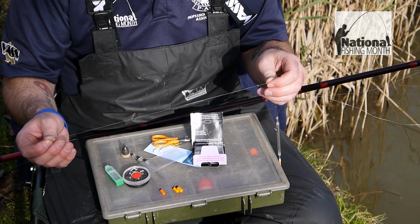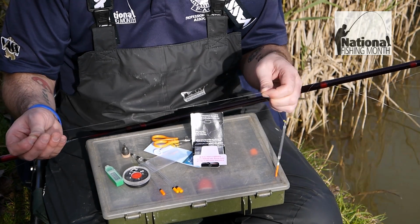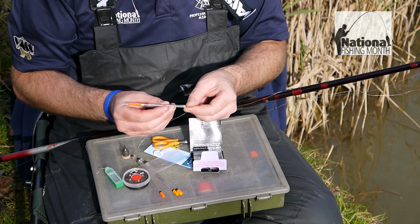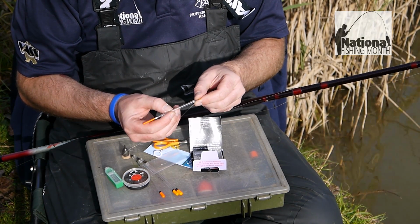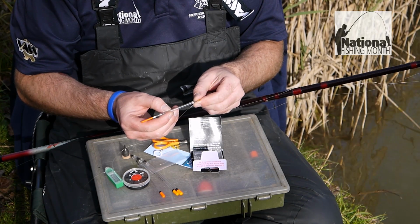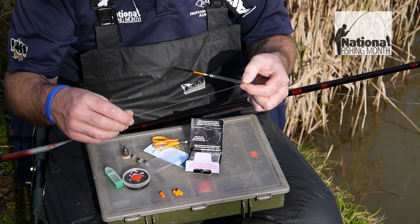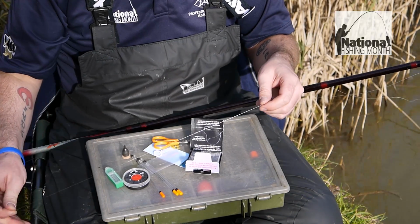Now that we've done that, we're ready to add some weights called split shot so that the float sits correctly in the water. Now if I look closely on the body of the float, it's got recommended weights that you put on it. So this one says 3 number 4. So I'm going to get 3 number 4 split shot and put it on my line